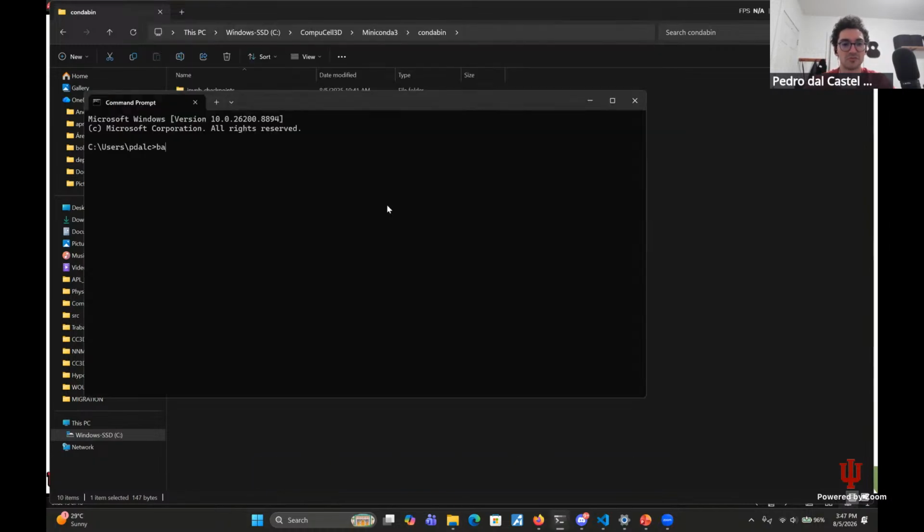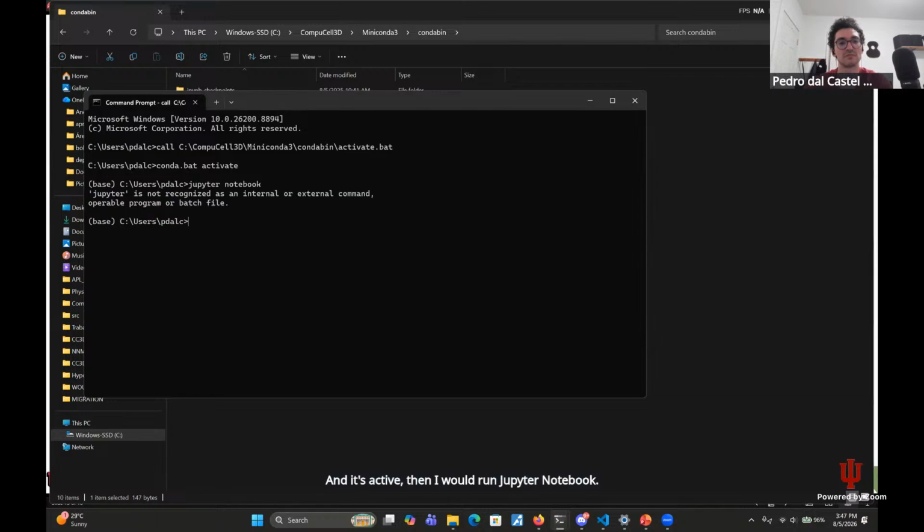So I would do, is it bash? No, it's call activate. And it's active. Then I would run jupyter notebook. Not recognized. I think this version is too old. So let me use a newer version of